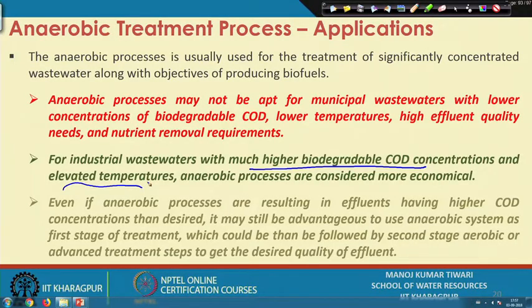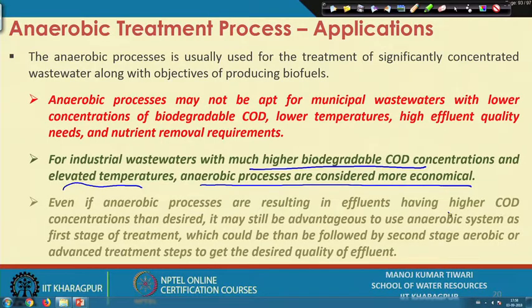do not treat it to the desired level, even if your anaerobic system is not treating it to the fullest, to the sufficient level, a partial treatment is also welcome because it is not taking too much energy. If you go into the aerobic system, the energy requirement would be quite high. Okay. So, that is why anaerobic processes are generally considered much more economical for industrial wastewater,